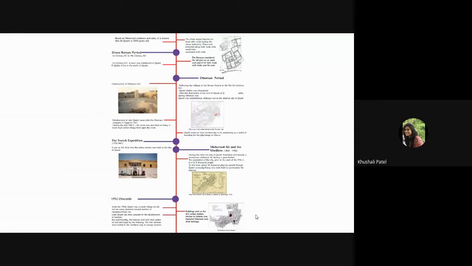Then the French expedition came during 1798 to 1801. It was the time that the police station was built in the city, and this police station is one of the heritage